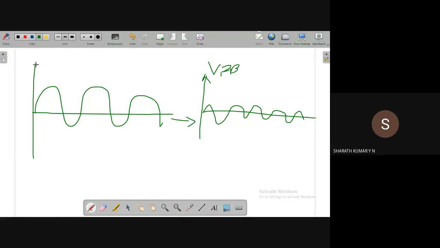This is the feedback voltage, and this is the output voltage. The reason for that is wherever there is a resistor and capacitor network. What is the role of a resistor? The resistor will limit the current. It is a very simple reason.